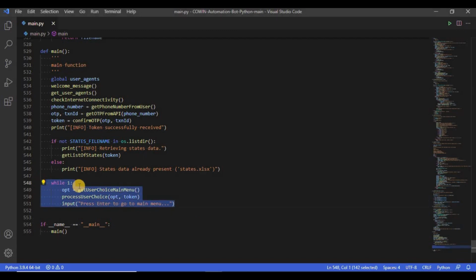The reason to use a while loop is so that user can get multiple tasks completed while the script is running, so that there is no need to generate an OTP every time a user wants something to be done. Within the script, the function getUserOption main menu displays the main menu and gets user options from them. The options are processed and executed by processUserOptions that calls the respective function within the script to perform user commands based on the options user entered.